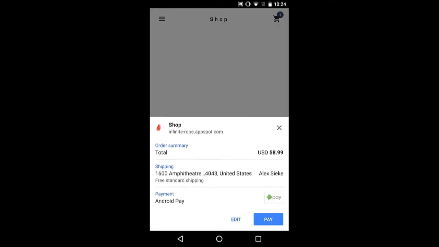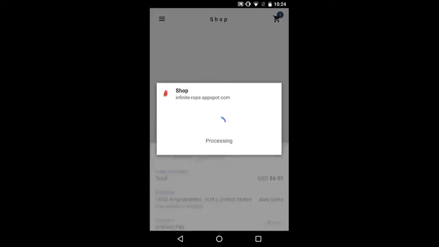And again, you see this Chrome UI renders just as quickly as before in the case where we were requesting credit cards, but now it's actually with Android Pay. So this is really cool, that with just those few lines of code, you're able to now bring the security of Android Pay into the browser. So what's going to happen when I press the Pay button is Chrome is actually going to be making a request to the Android Pay APIs on behalf of the website. So for security reasons, Android Pay is going to surface just a very simplistic UI where the user is going to be able to authenticate with their device unlocked. So in this case, I'm going to show my fingerprint. So now Chrome is communicating with